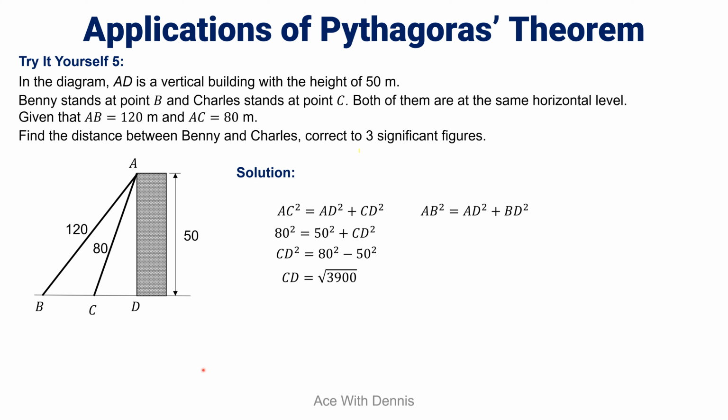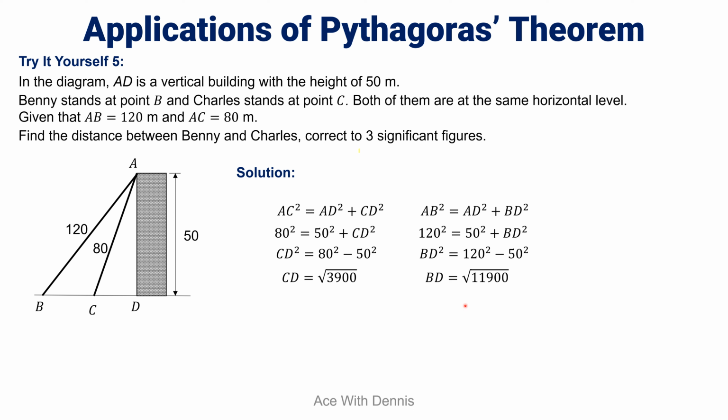Now we move on to the second triangle, triangle ABD. So the hypotenuse is AB. Now the equation becomes AB squared equals AD squared plus BD squared. Then you substitute the values. AB is 120, AD is 50. Then BD squared will be equal to 120 squared minus 50 squared, where the value of BD will be square root